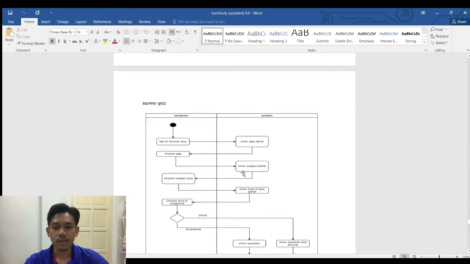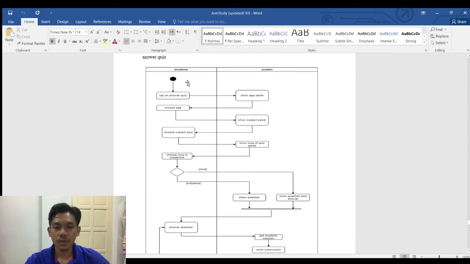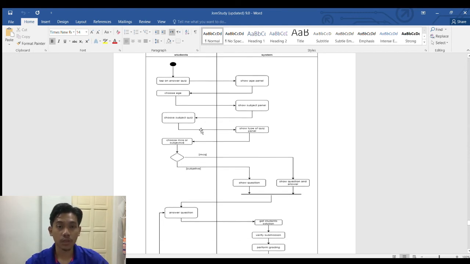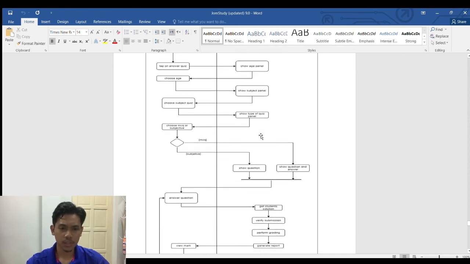So moving on to the answer quiz. When the student wants to answer the quiz, they just tap on answer quiz, and then the system will show the age panel. The student needs to choose the age, and then the system will show the subject panel. Then the student needs to choose the subject quiz they want to answer, and then the system will show the type of quiz,